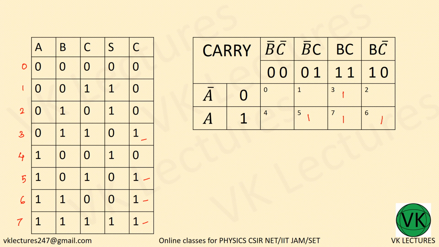Now since this is a Karnaugh map, we can reduce by taking different groups. We can make the group like this. The first group, the second one, I'll give it some other color. So here we have the second group,